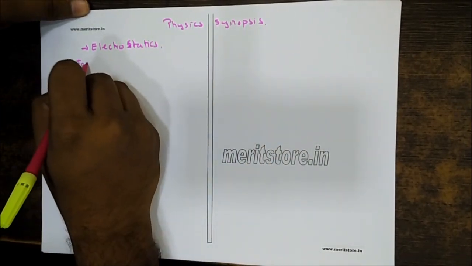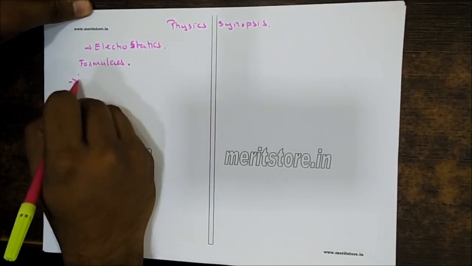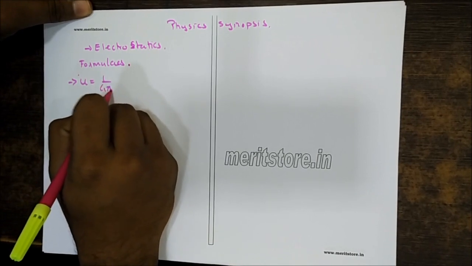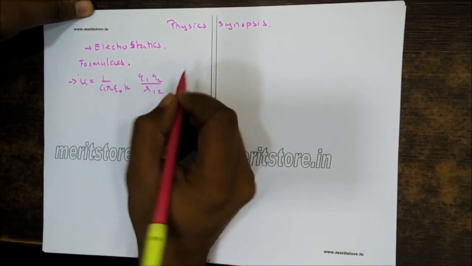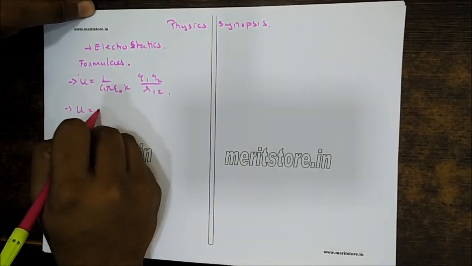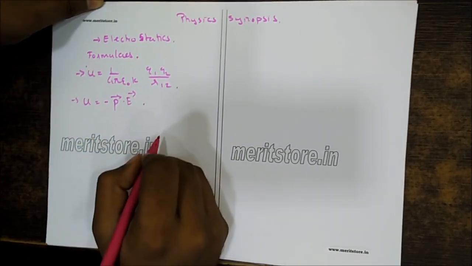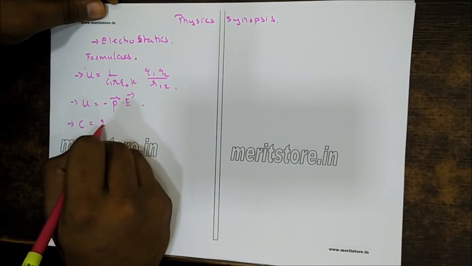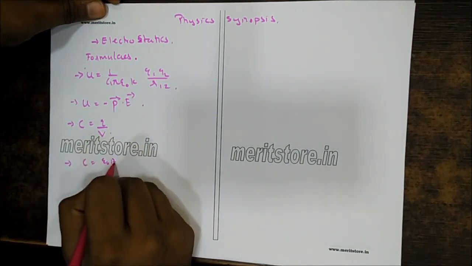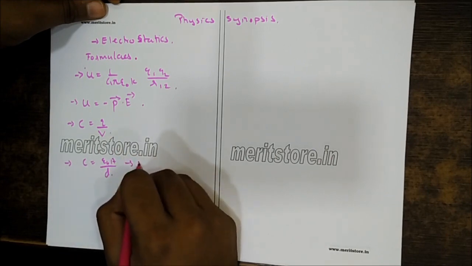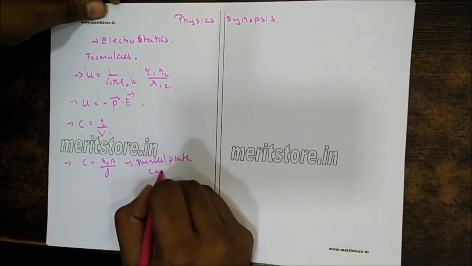So now the chapter is electrostatics. We'll start with the formulas. U is equals to 1 upon 4 pi epsilon naught k q1 q2 upon r12. U is also equals to minus p bar dot e bar. C is equals to q by v. C is equals to epsilon naught A by d. This is parallel plate capacitor